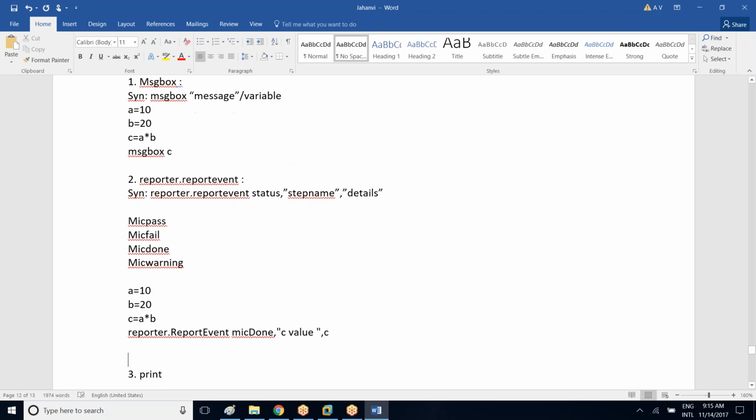Okay. Next one is what? Print. I'll show you make pass, make fail when you are going to use. Now next one is print. So why are we using this statement? We are using this statement to get the output from the test script during execution time in a separate window. Okay, so syntax is what? Print